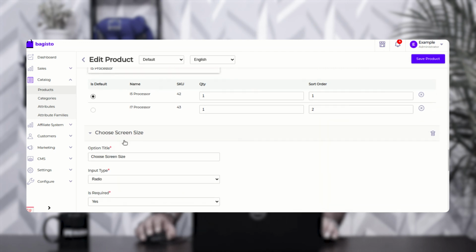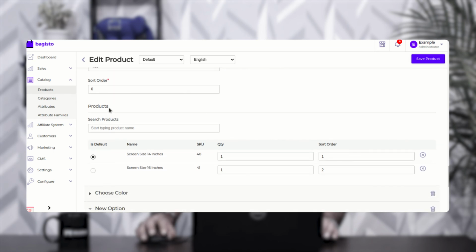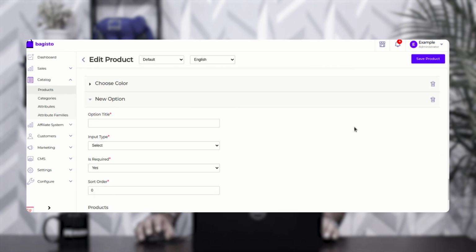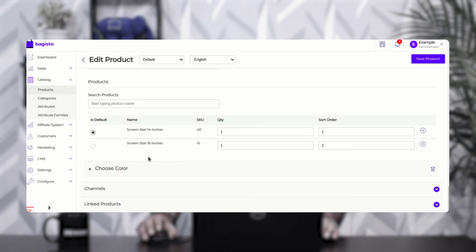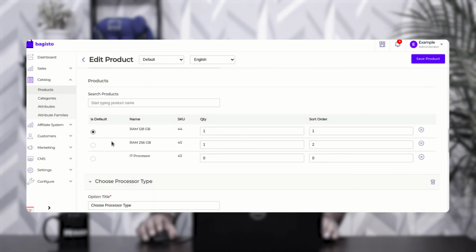Similarly, we can create the screen size. We can set up the option title for the screen size, choose the products for the screen size option that we want to provide to the customers there, so on and so forth. Now let me delete the new option that I had added here. So here what you can see is that for the RAM I've added the i7 processor as well, and let me set the sort order for the same and the quantity that would be available there, pre-selected quantity, and I'll